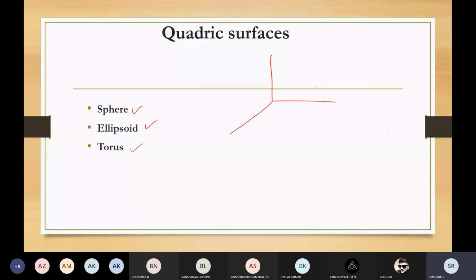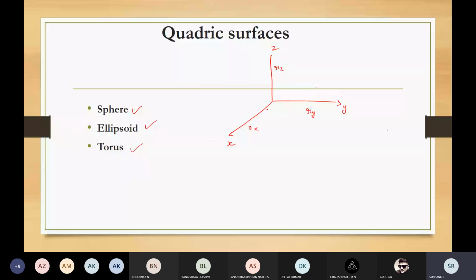So this I'll take as x-axis, y-axis, z-axis. So what is the radius? What is the ellipsoid? Ellipsoid is an extension of the spherical surfaces. It is having multiple radii. It is having 3 radii, which are mutually perpendicular to each other, and they are having different values. So it can be along RZ, radius along z-axis, radius along y-axis, and radius along x-axis.